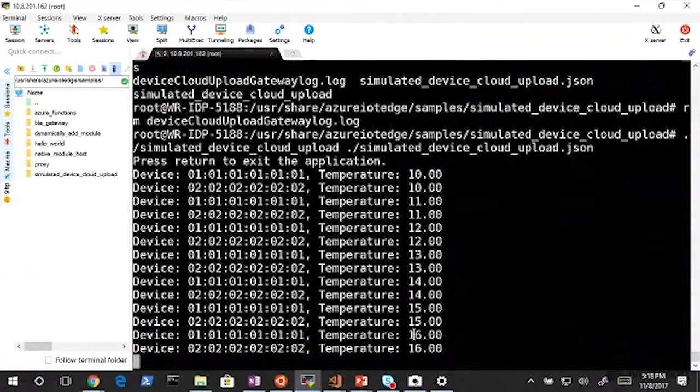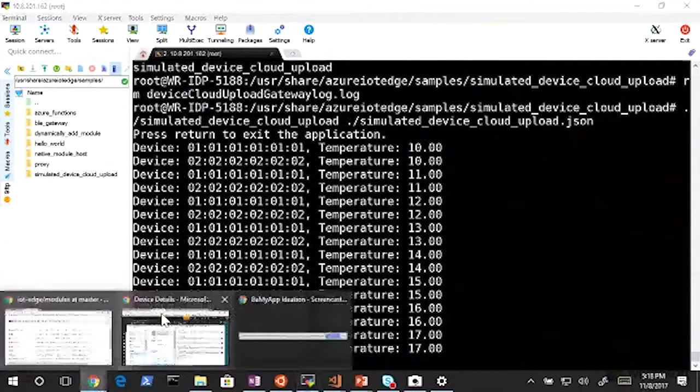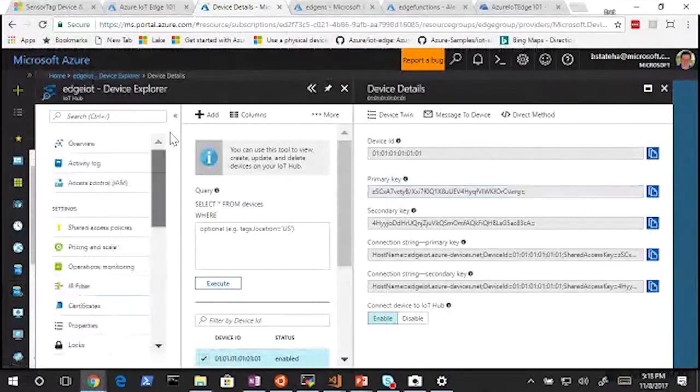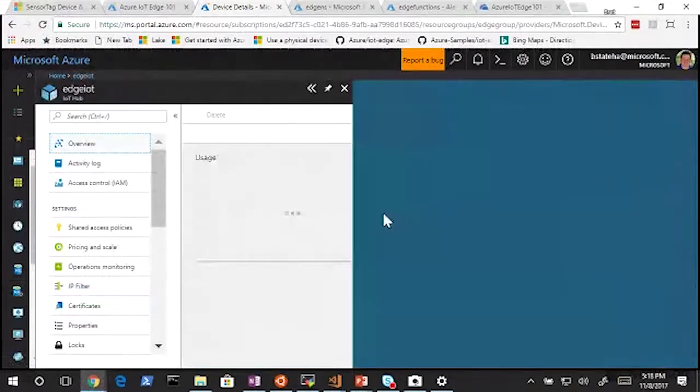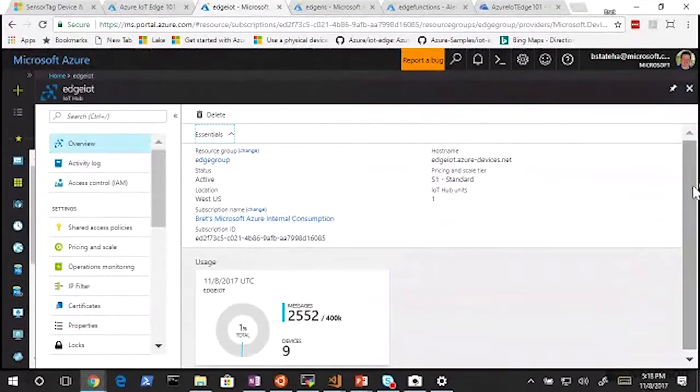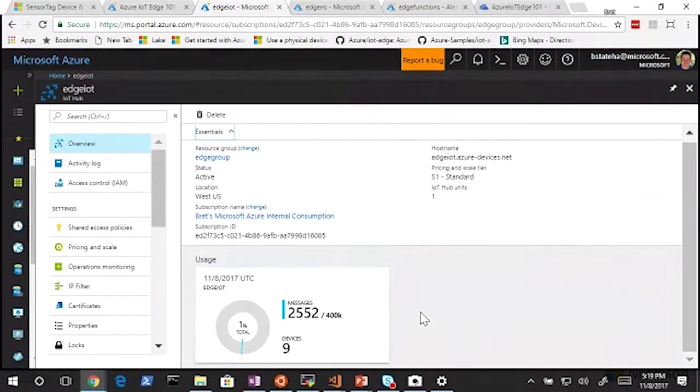But how do I see them, right? If I go back to the portal and look here on the IoT Hub overview, I don't see the actual messages themselves. The portal doesn't let me view raw messages. I can get message counts, but this isn't real time. It'll take a few minutes for this to update. So you can refresh it and you'll see that number, that 2552, going up periodically,